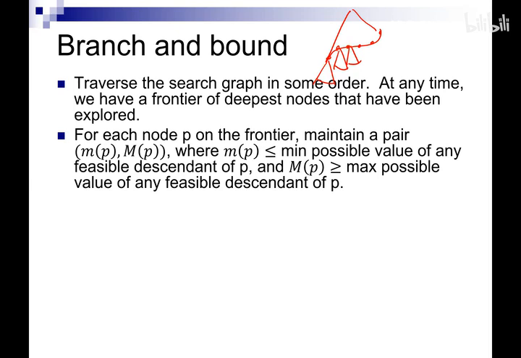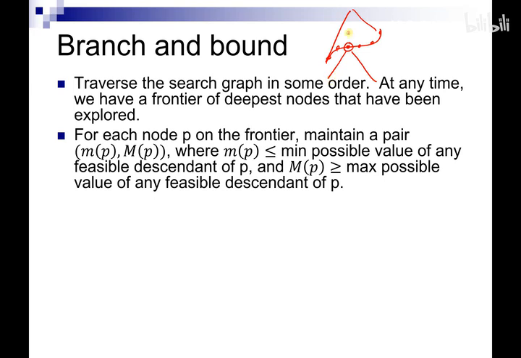To know that, we're going to maintain a pair of values at each one of these frontier nodes. Let's erase all this stuff to make it easier to write, and focus on this node P over here. We're going to keep 2 values, little m of P and big M of P. What these represent is, if you look at all of the nodes that